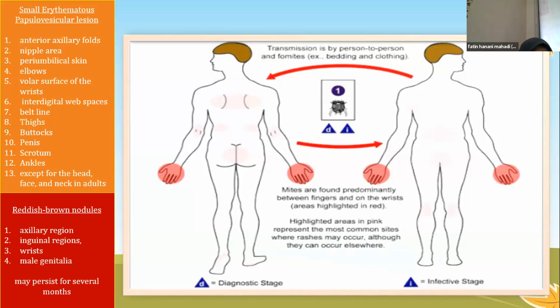And in this feature, the thing that I would like to highlight is that among any sites where we can find the signs, the most frequently affected would be where the stratum corneum, the uppermost layer of our skin, is the most thin with fewer hair follicles, therefore easy for the mite to dig and create a burrow and stay in our skin. This site includes the area between the fingers, as you can see, those highlighted in pink, the wrist, and also the elbow, and also many more.